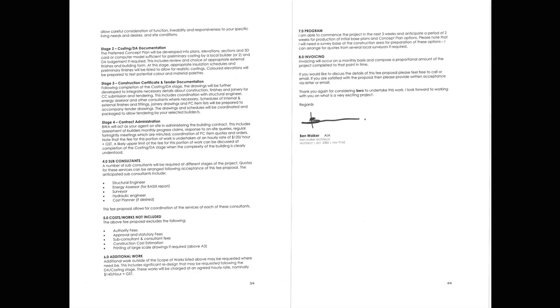So he's telling them when he can start and when he can come up with the first round of drawings for the clients. And then finally, point 8, he's saying how regularly he will bill for the project once he's appointed.